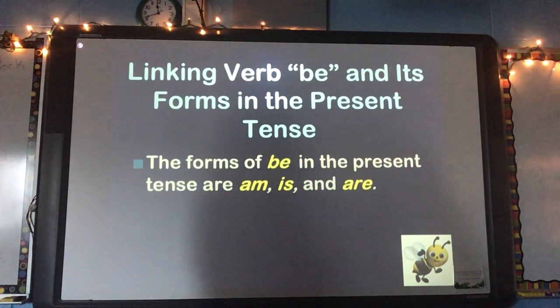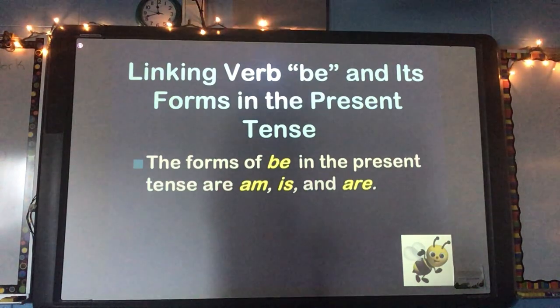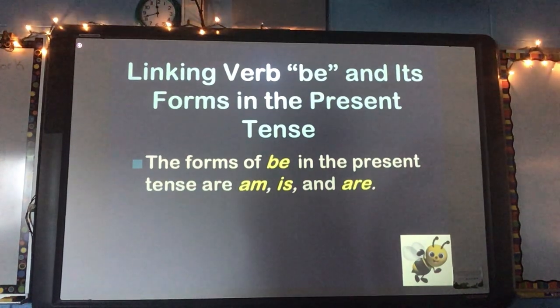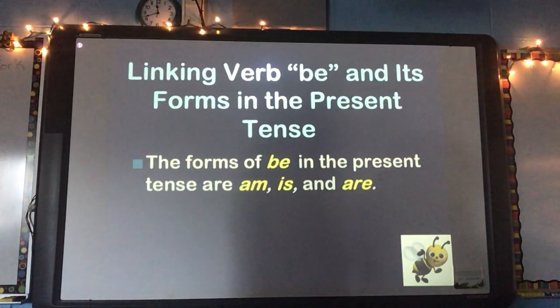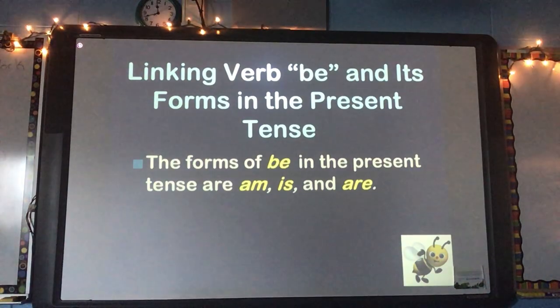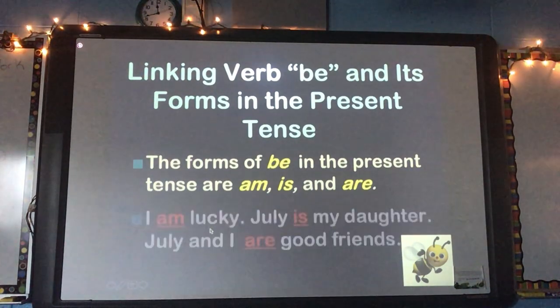What about the present tense of be, are? Who can use are in a sentence? And not O-U-R. This is A-R-E. O-U-R would be showing ownership of something. Are you in my room again? Using are as the linking verb and using it in a question. Me and my horses are eating. My horses and I are eating. Good. Are you hungry? Yeah, I'm hungry.